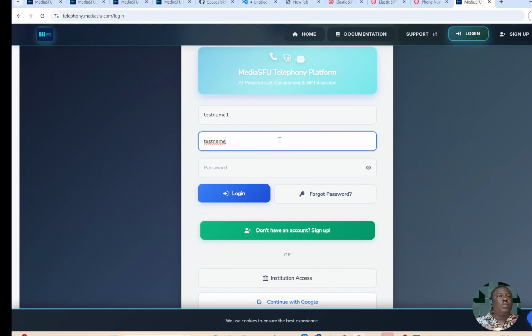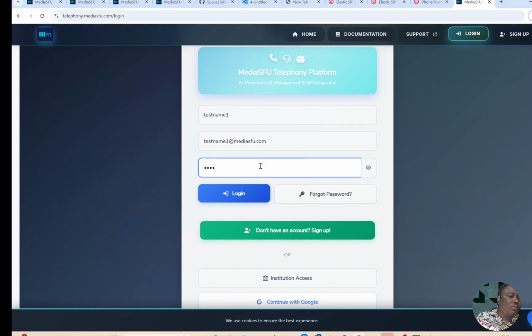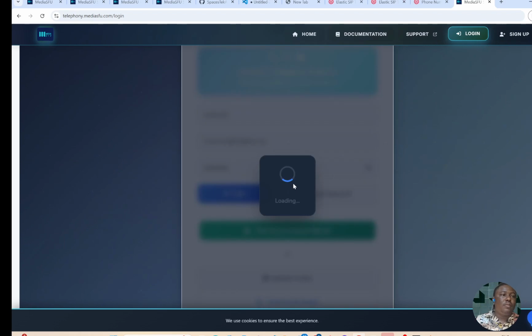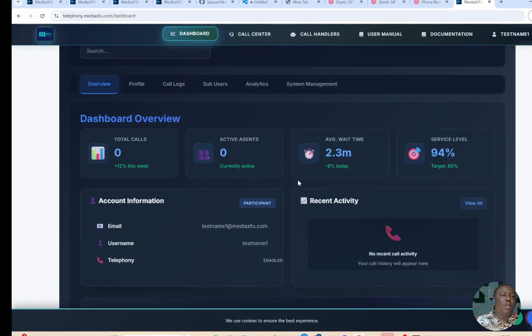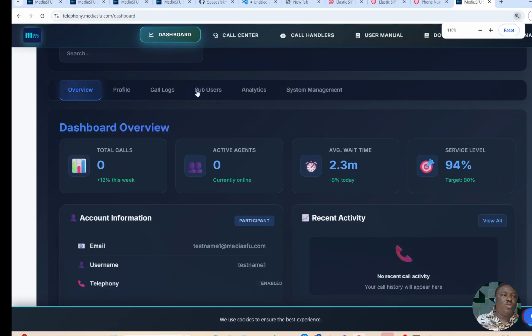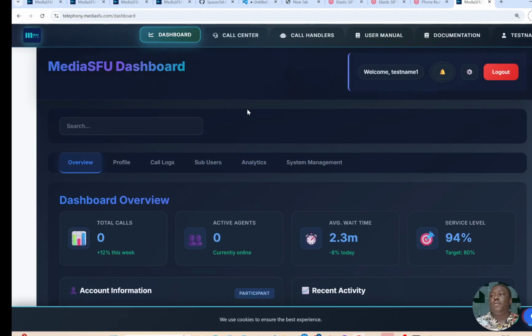It's the same single sign-on credential as you have with MediaSFU.com. If you have an account there, you just log in here with the same stuff. If you sign in here or sign up here, it reflects on the MediaSFU's own site. So just quick overview. If you go to your dashboard, you have things like